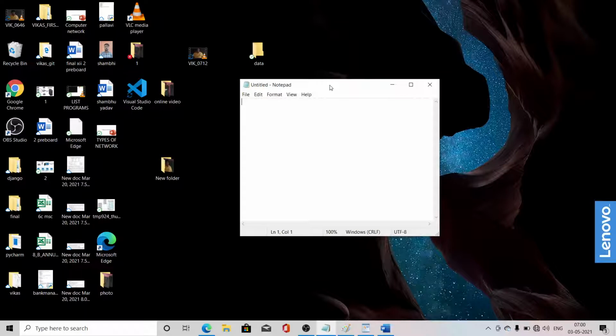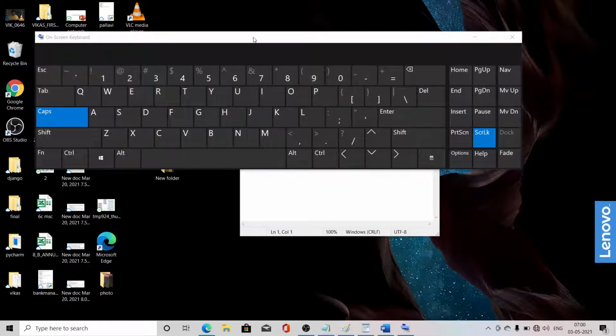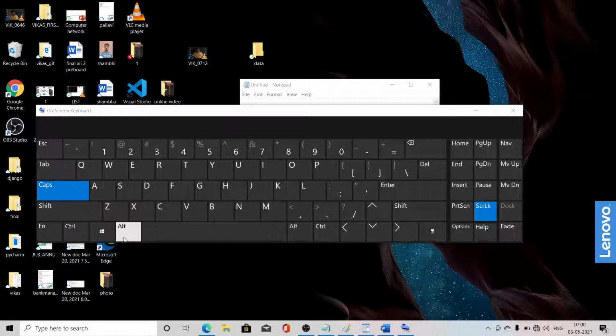Now if we have opened more than one application, and I want to switch to another application, what I have to do is press Alt and Tab together. I will show it by using the OSK. Look here, what will I do? I will press Alt and Tab.